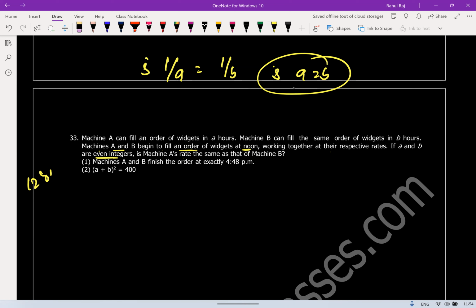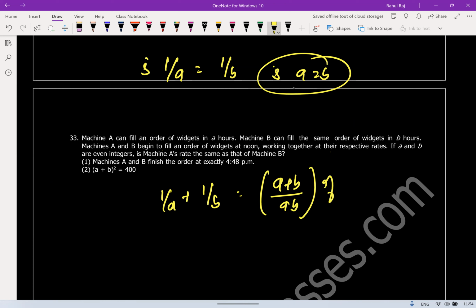Now, in 1 hour, A and B will do how much work? 1 by A plus 1 by B, that is (A plus B) by AB of the work. Total work is 1, let's say, whatever. So in 1 hour, they'll be able to do this many jobs: (A plus B) by AB of the work. Now it says that